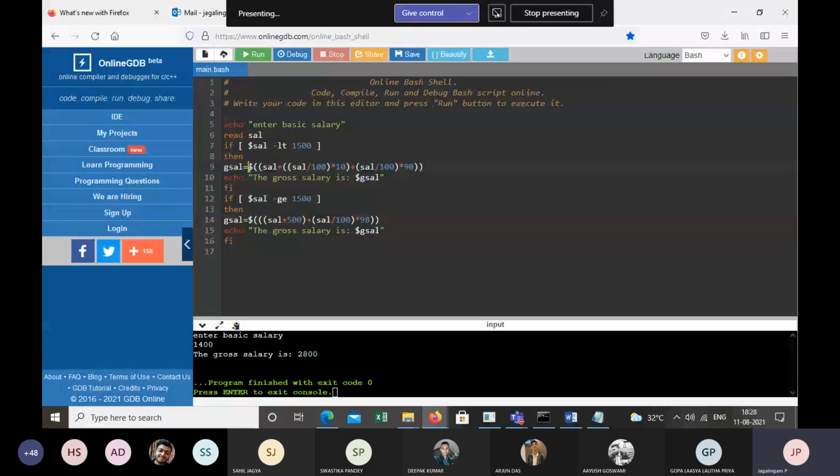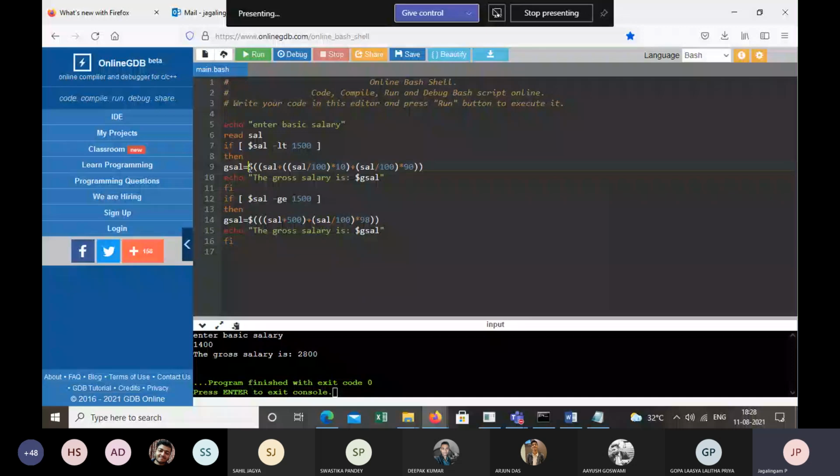Okay. Now, if I enter the basic salary in the console window as 1400, then it checks the first if statement. The condition is true.